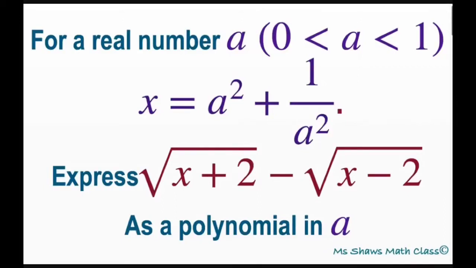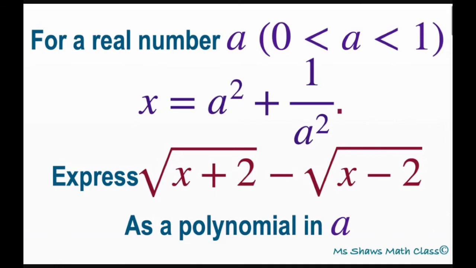Hi everyone. For a real number a, our a is a fraction. It's a positive fraction in between 0 and 1. We have x equals a squared plus 1 divided by a squared. And we're going to express the square root of x plus 2 minus the square root of x minus 2 as